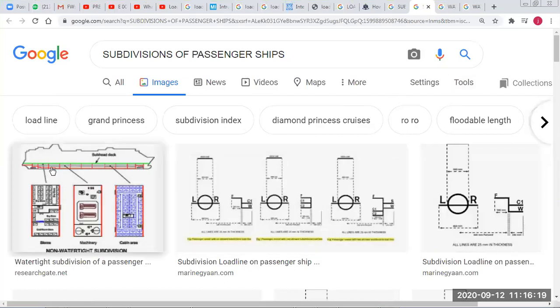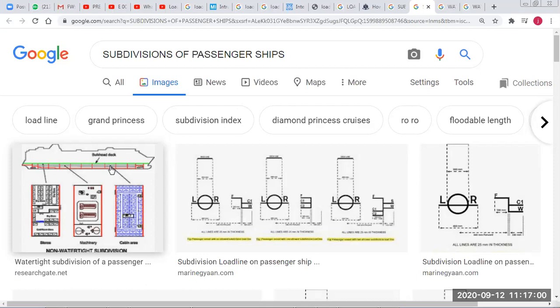Okay, so let's see what subdivision is. Basically, it's simple. Subdivision means normally the ship is divided into port, starboard, whatever tanks. And especially in passenger ships, you have subdivisions of different compartments. Why especially in passenger ships? We have divided other ships also into many tanks. But it is most important for passenger ships, because we are carrying passengers, and human life is the most important thing. In case there is flooding of one compartment, it should not go to other compartments. That's why we have subdivisions, so that the ship is stable even if there is flooding of one compartment.